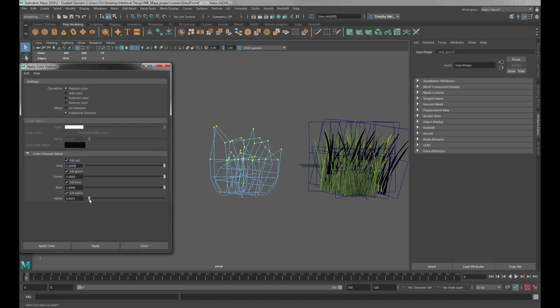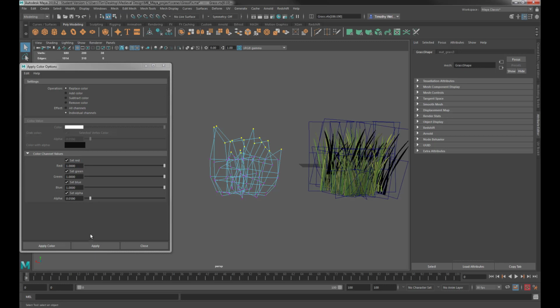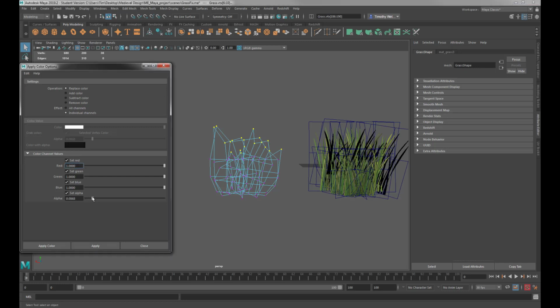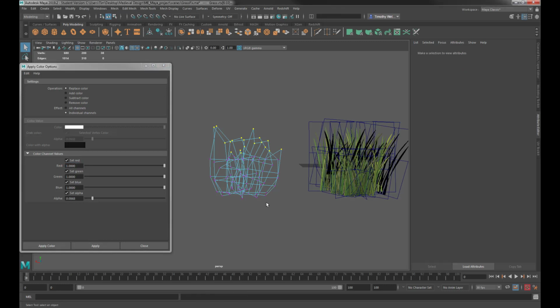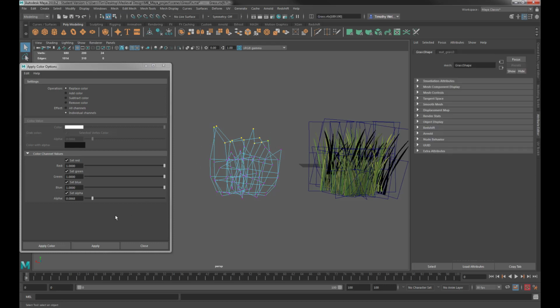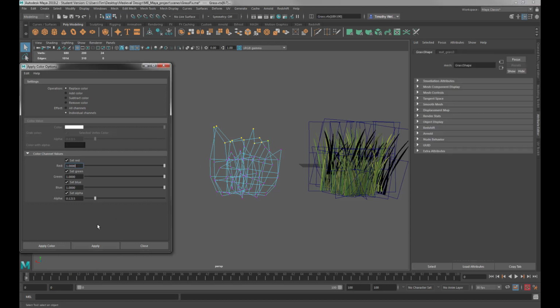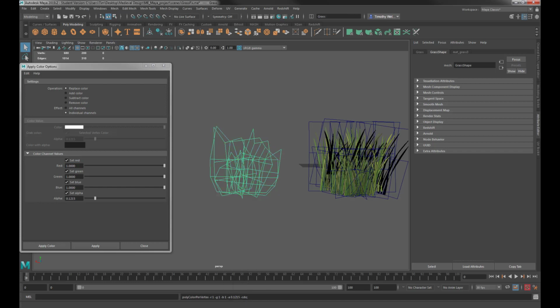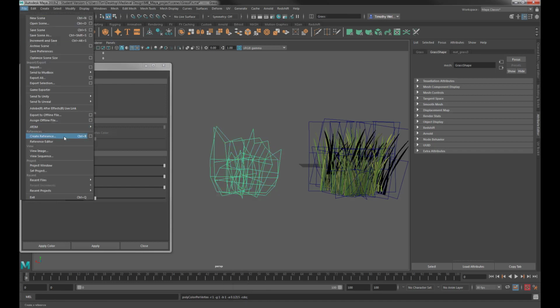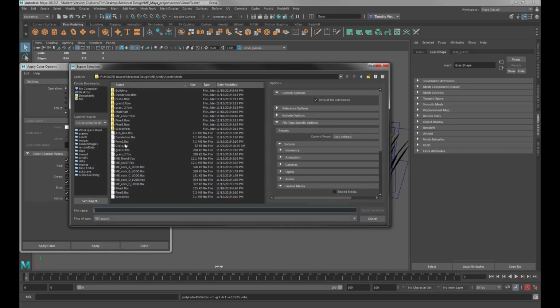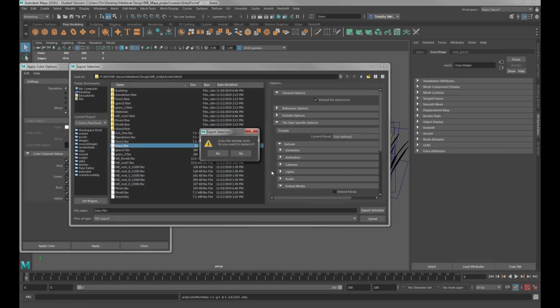And then I'll just increase that up just a little bit more and say apply. And then I'll do it again, and I'll say apply. And maybe, just a tad more. And I'll say apply. Good. All right, so we'll just select the object mode of that, and we'll go File and Export Selection, save it over top of that same model,